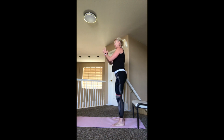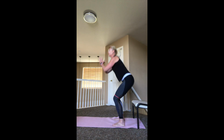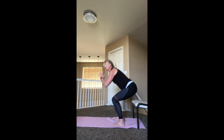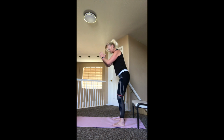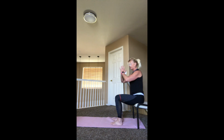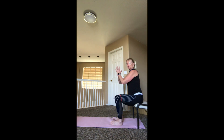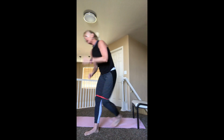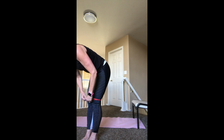And then it's back up again for that squat and up, squat, up. 30 seconds, down, and another set of press out. So total, this will be 2 minutes, alternating these 2 exercises. And then we go on to